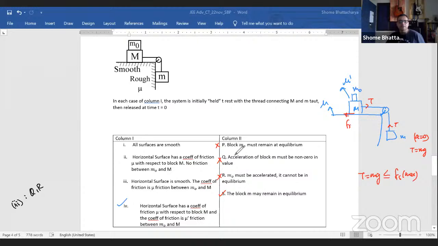Okay, so straight away by elimination only you can see that this is what is happening. But we can also see what other possibilities are there. Okay, if there is acceleration in the system, then if on the other hand,